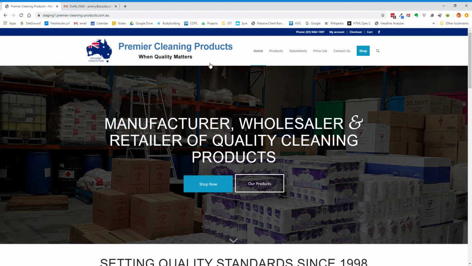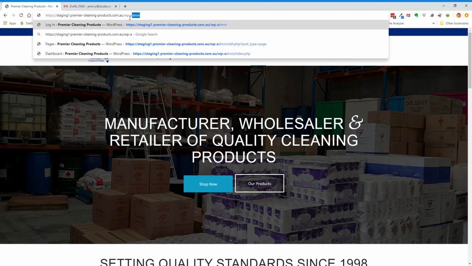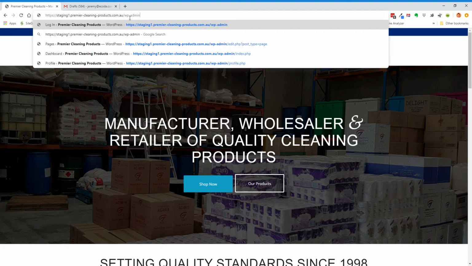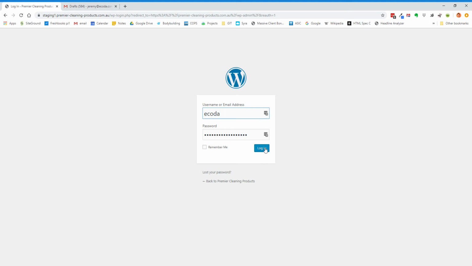Okay, so first thing we want to do is to log into the page. And we do that by putting a /wp-admin onto the end of the URL. That brings us to the login screen where we can put in our credentials, and that will bring us to